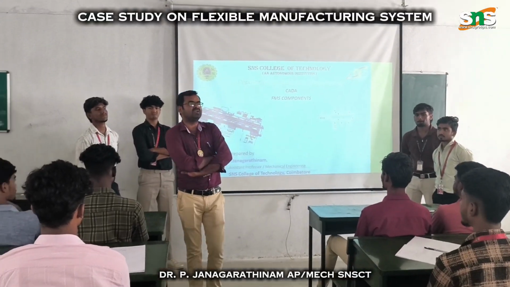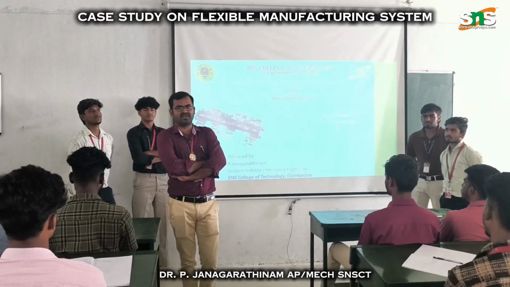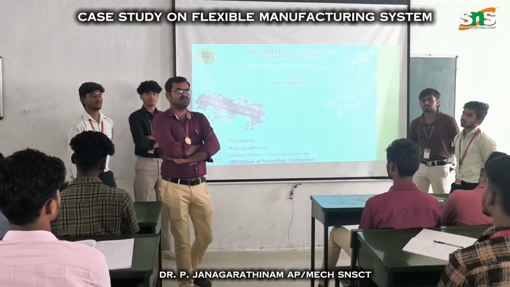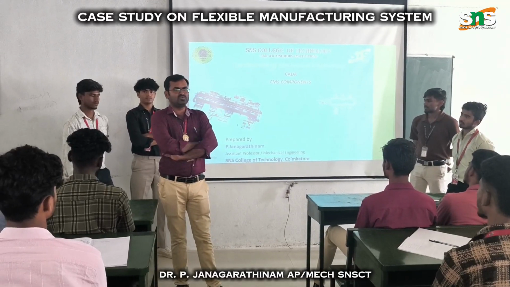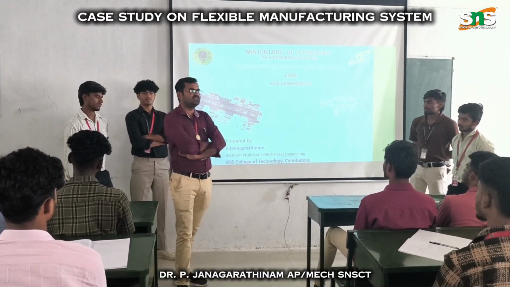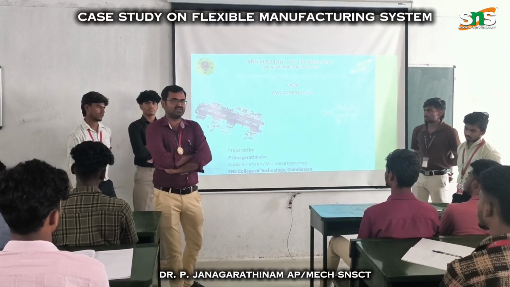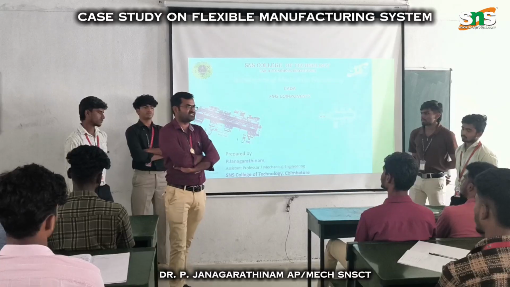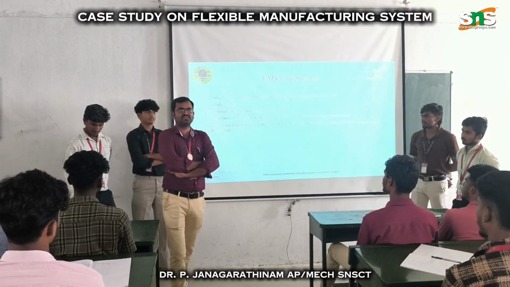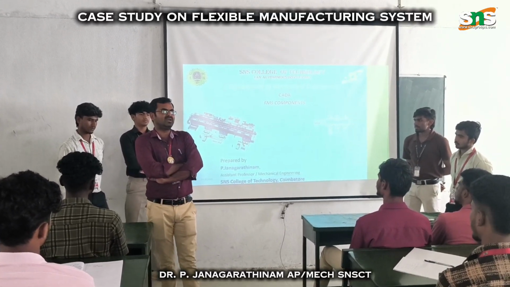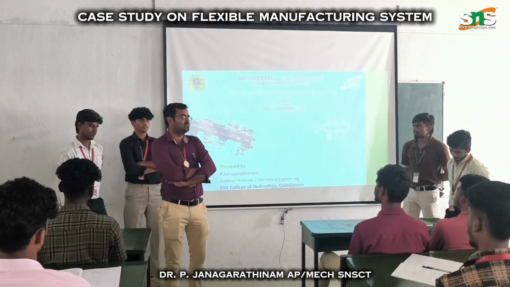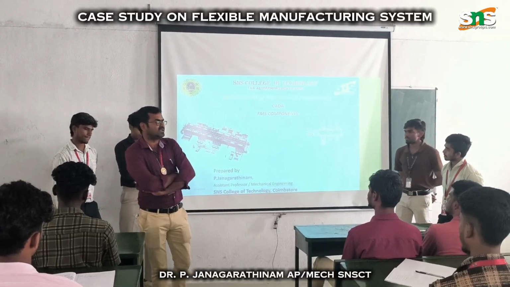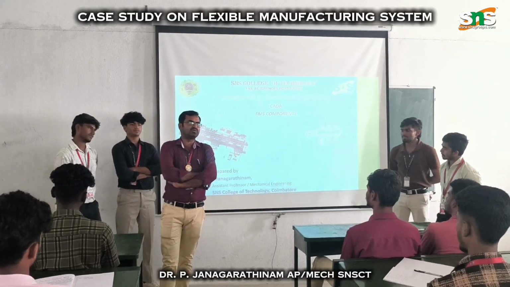In my previous class, I already discussed the automation and flexible manufacturing system. First of all, why we have to go in for an automation system: we have to avoid human usage as well as increase the accuracy of product manufacturing. And why we have to choose the FMS system: we have to adopt an easy manufacturing process, all the manufacturing processes can easily be done, and we can increase the production quality of our industries. So based on our previous class, our third mechanical D section students have to clearly explain